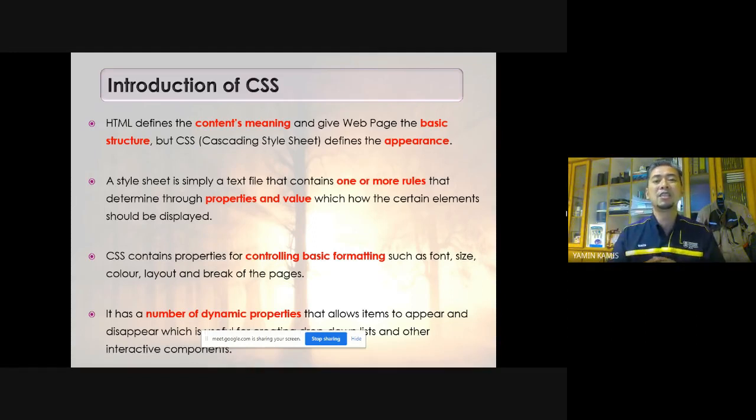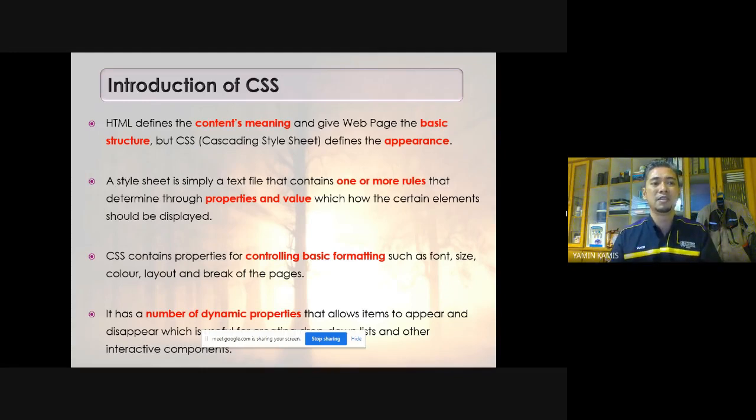HTML is compulsory because it serves as the backbone of the web page, meaning all the main web content, the text, the image, the video, will be inserted into the web page through HTML. Without HTML, there's no way we can have a web page. While HTML is concerned about